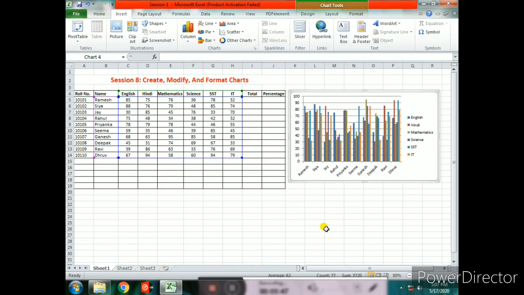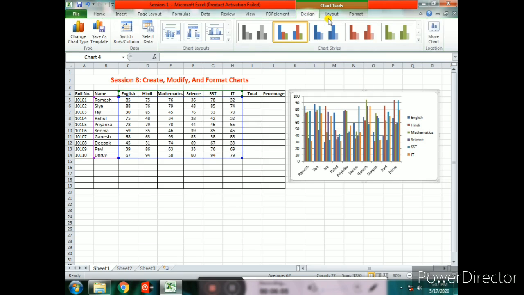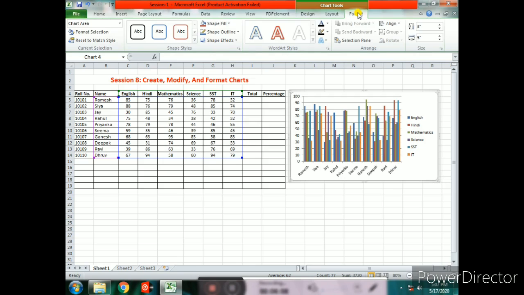Next topic we have moving, resizing and deleting charts in Excel. Once you insert a chart in a worksheet, you can edit the chart, its design, layout and formatting options using the additional tabs available on the ribbon. These tabs are Design tab, Layout tab and Format tab. You can resize it, delete it and move it from one place to another if needed. Now let me see how can we do this.